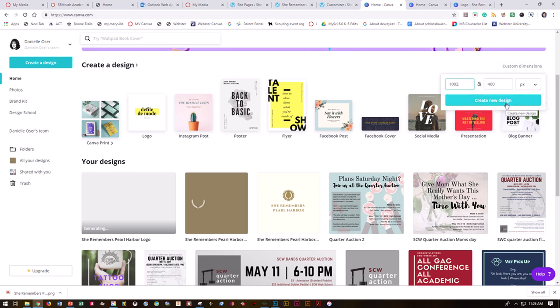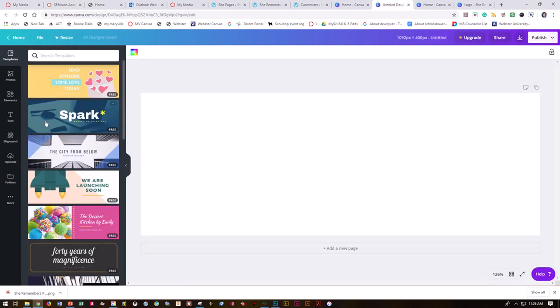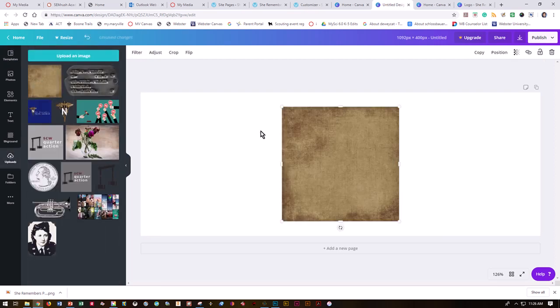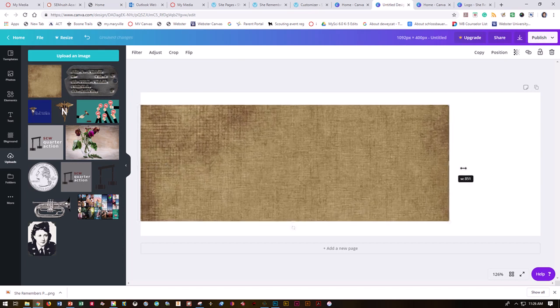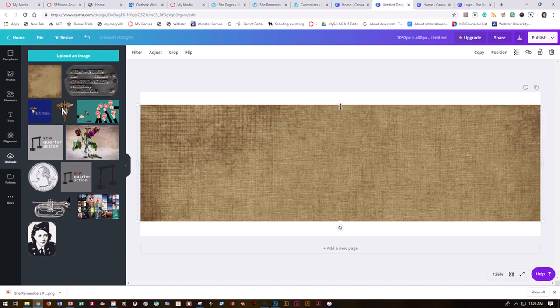Now it's going to depend on the template that you have as to which size, so don't take that as gospel. I'm going to create a new design. So I actually want to be able to play with some different elements. So I uploaded a few items. Let's go ahead and use that same background we used for the logo. And if you hold shift, it's going to let you play a little bit differently and fill a little bit differently with those